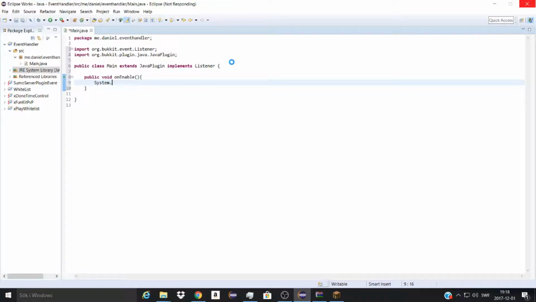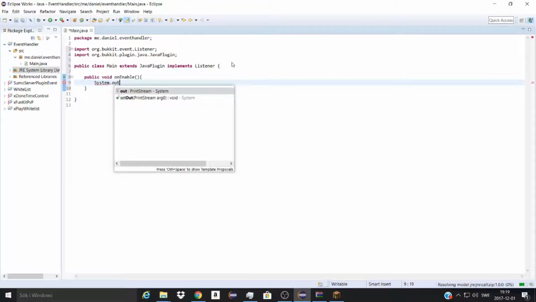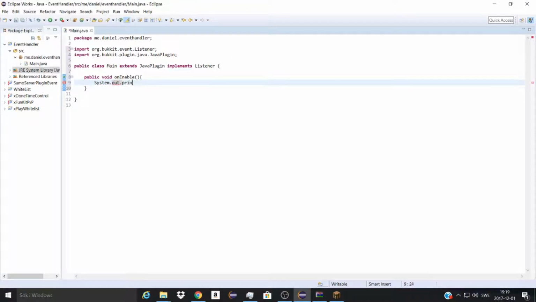Oh, it's not responding. Here is the console message. This is the text that goes to the console when the plugin is starting,